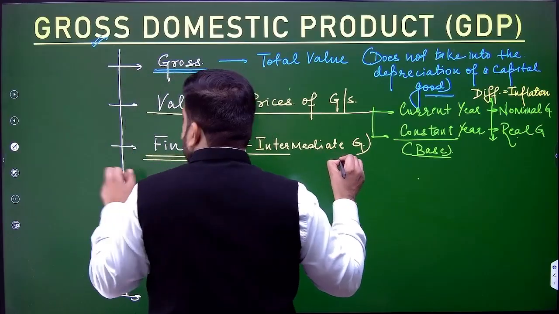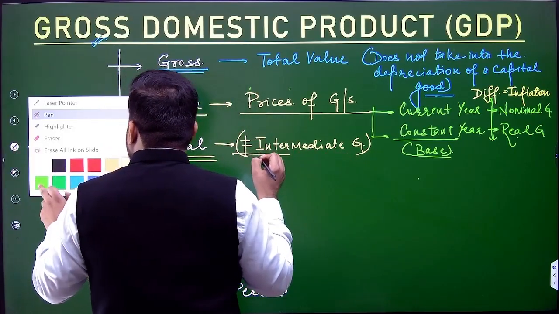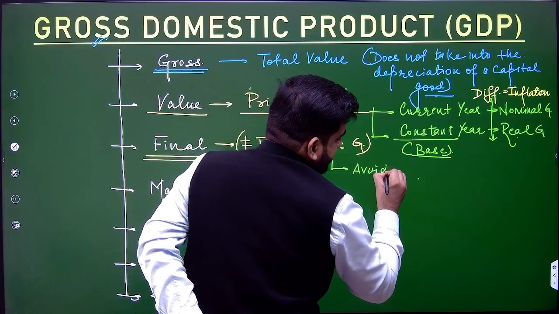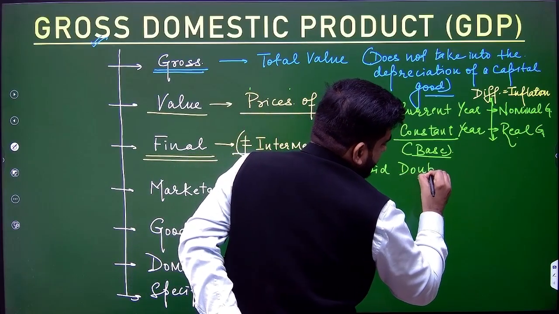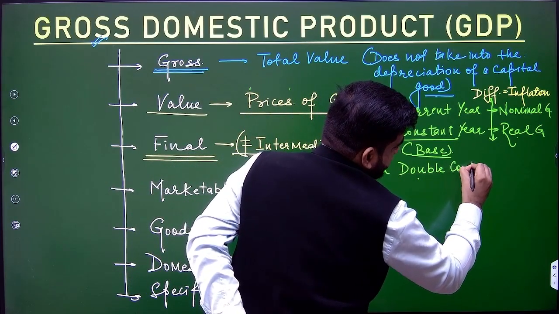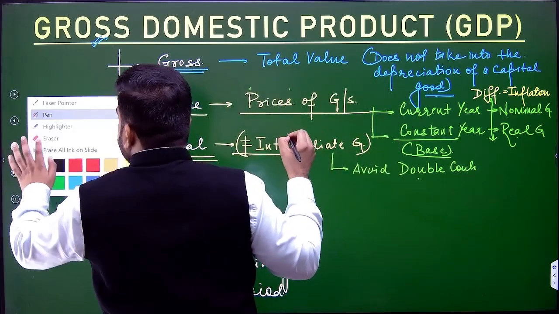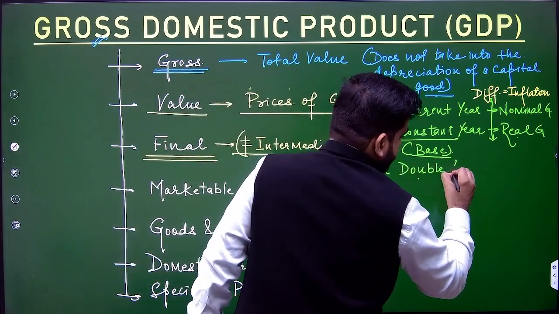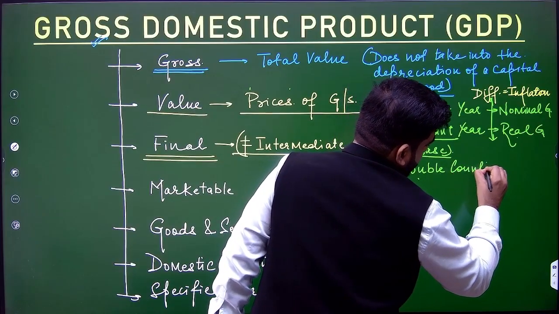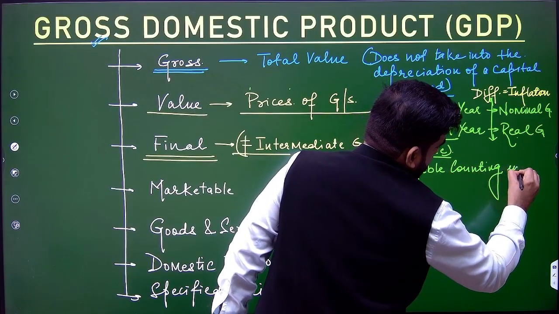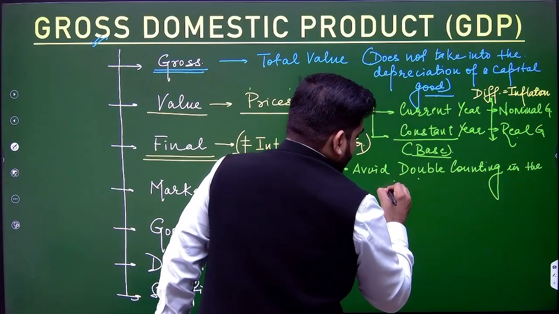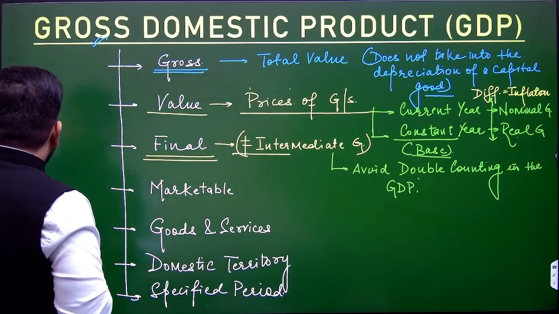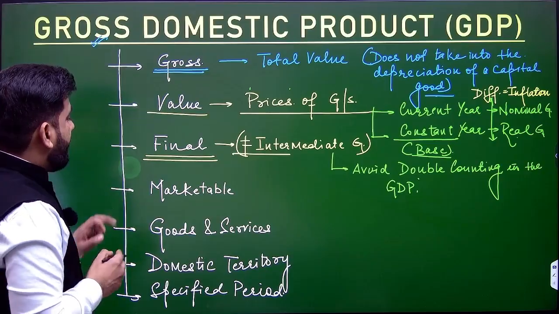The reason, here I am writing it, is to avoid double counting in the GDP. So GDP is the gross value of final